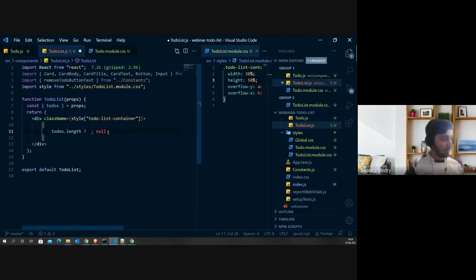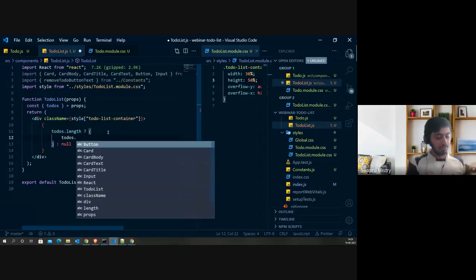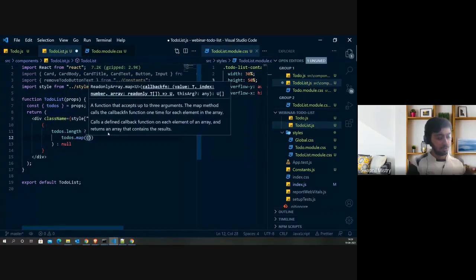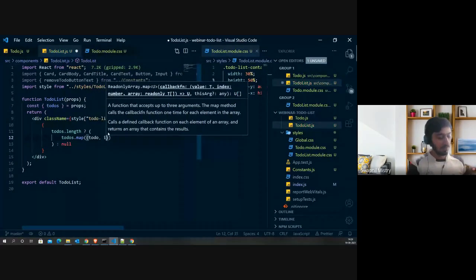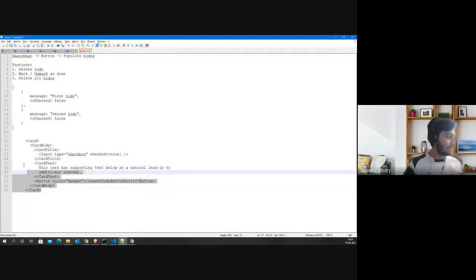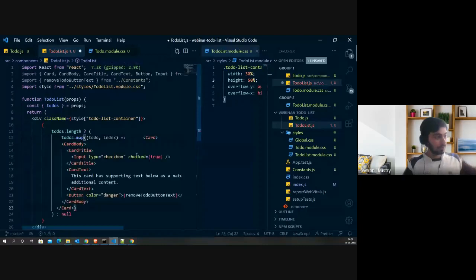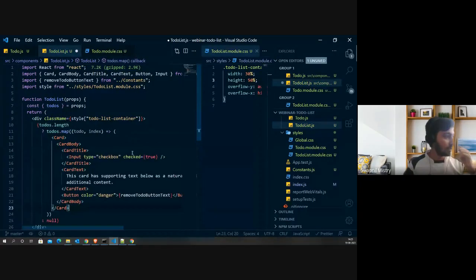Okay, and now we will iterate over the to dos. So this is something which we did in the previous session while fetching the results from a dummy API and listing them down on the web app which we built. Okay, so this is something similar to that. So again, we will map over that. Okay, so we will have a single to do at a time, and an index of that to do. Now what we need to do is just display the card. So we will grab this and paste it over here. Okay, so things are working fine over here.